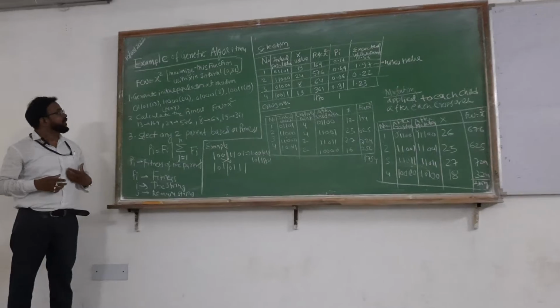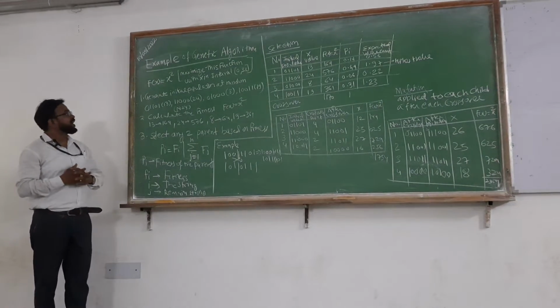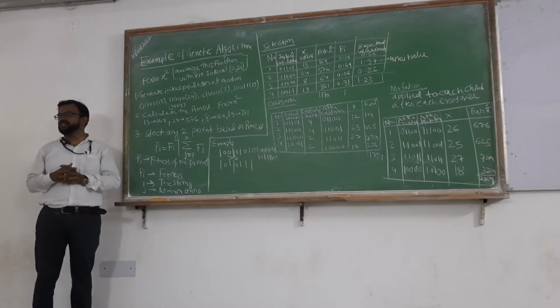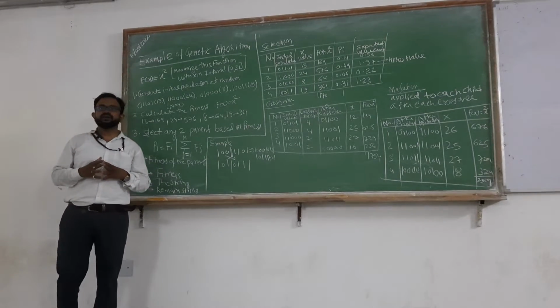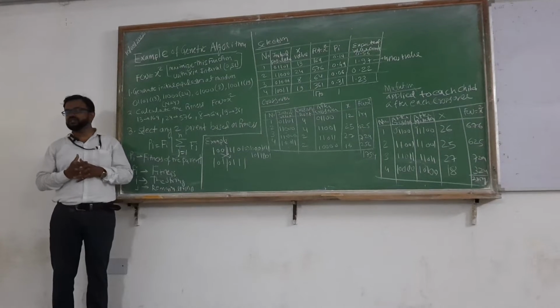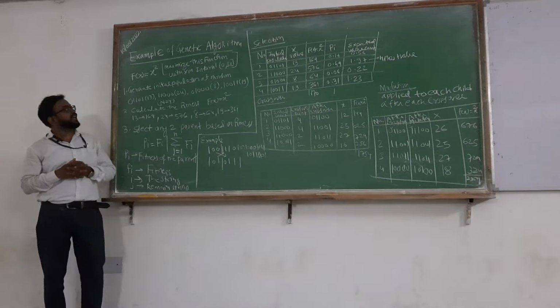I am going to discuss very important concepts related to machine learning. Already we have learned about genetic algorithms. What is a genetic algorithm? A genetic algorithm is basically a biological evolution algorithm. So here we will see an example of genetic algorithms.